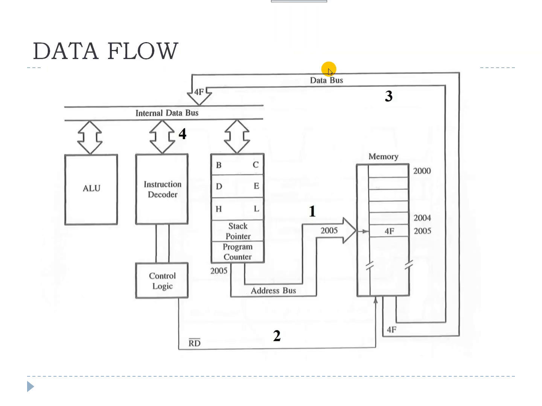So the execution in the 8085 processor is explained by this diagram. Here, after the instruction fetch and the decoder, the address which is present in this particular program counter is supplied to the memory by the address bus. So this is the first step. After the supply of the address, the memory will fetch the data, and consequently, the control logic